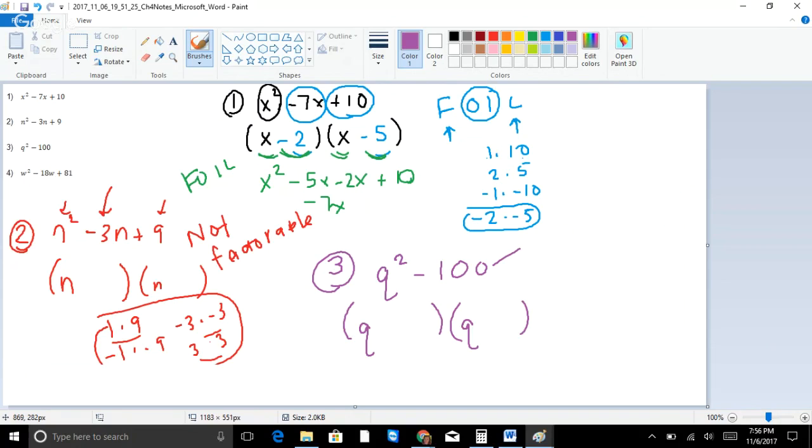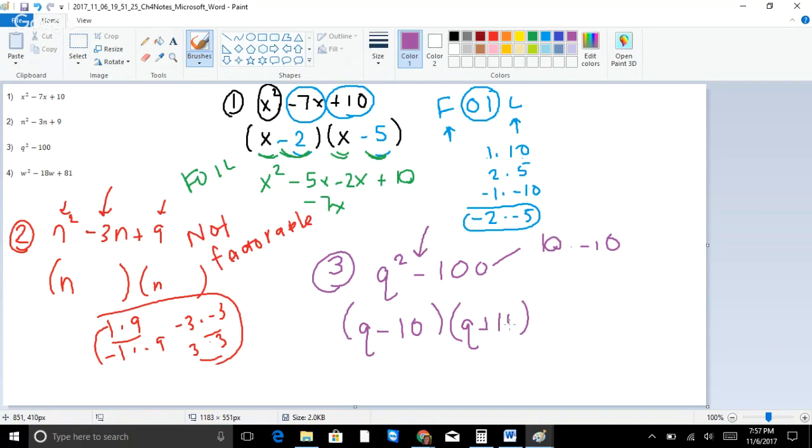My huge clue here is that I have no middle number. I have no q term. That means they have to cancel each other out. In order to cancel each other out, I need 2 numbers that are the same. So if I do 10 times -10, I have q minus 10,